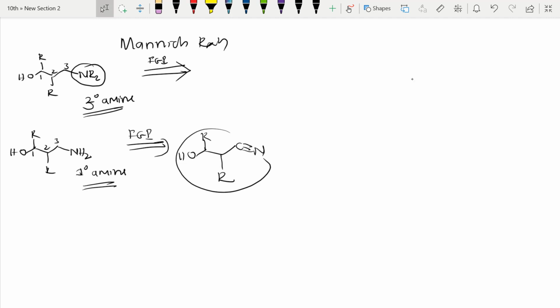Just right, we get this product. Like this we will do, right? So secondary amine, whenever it is there, you will get to know. First what we'll do, this OH is there, right? That we do functional group interconversion and we convert it into a ketone group like this. See here, I have converted NR2, right? Then we do Mannich reaction.